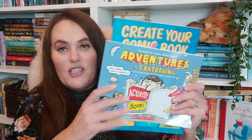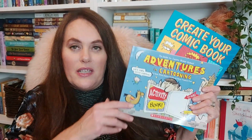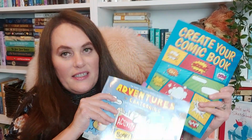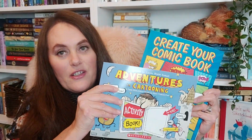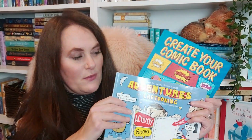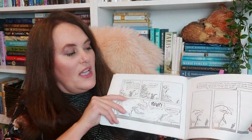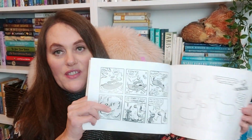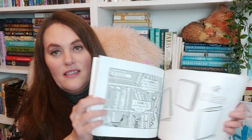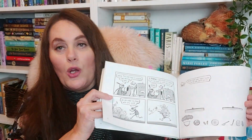Next, I paired these, and we did one page, but then I decided to go back and start with the book, the do-it-yourself one that I just showed you. And this is one we had on our shelf, and we had one for Christmas that was from the library that I sent back, but these are really cool. Adventures in Cartooning, Let's Make Comics Together. So it's a Scholastic book and it's activities throughout. Now you can do these right in the book if you wanted to, the activities. And I think she may do some of them in and some of them in her own